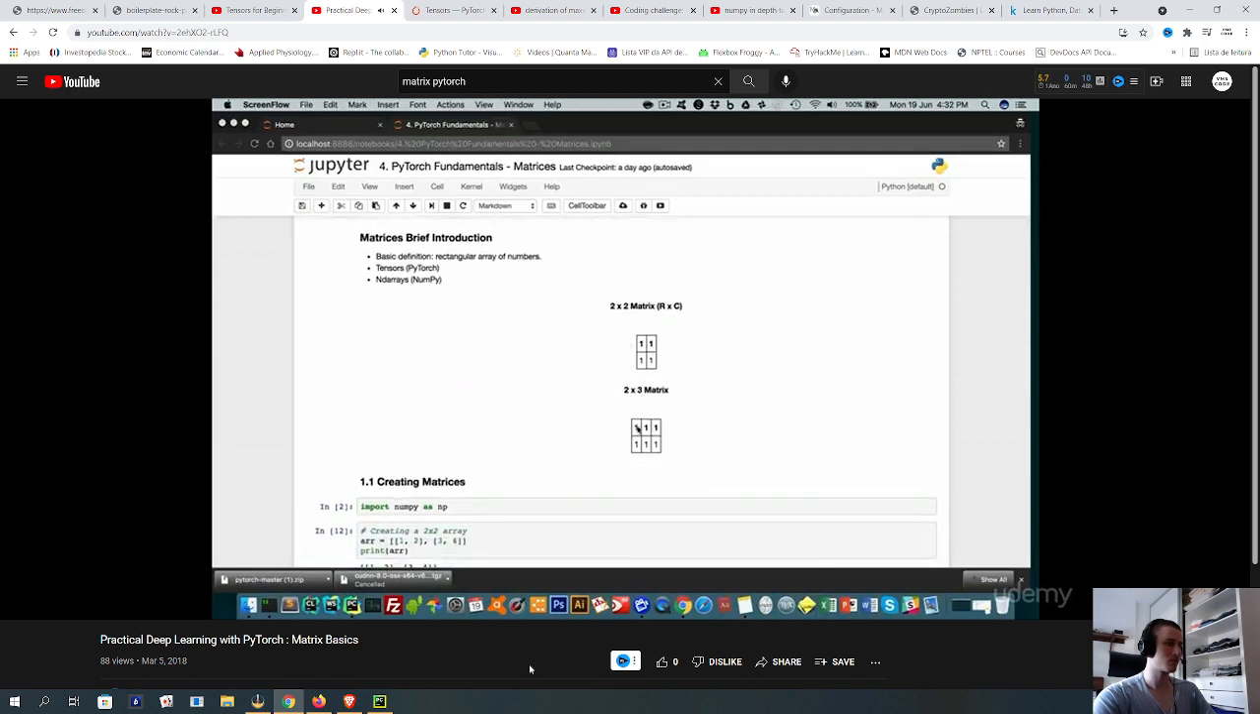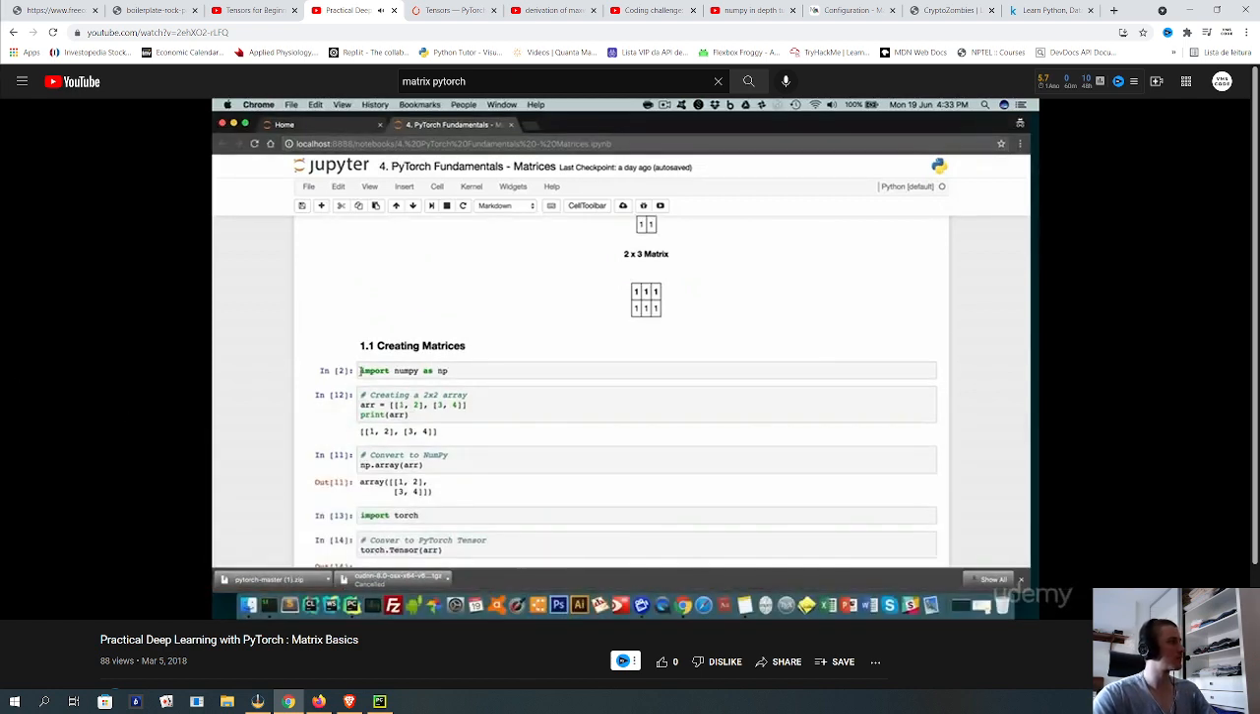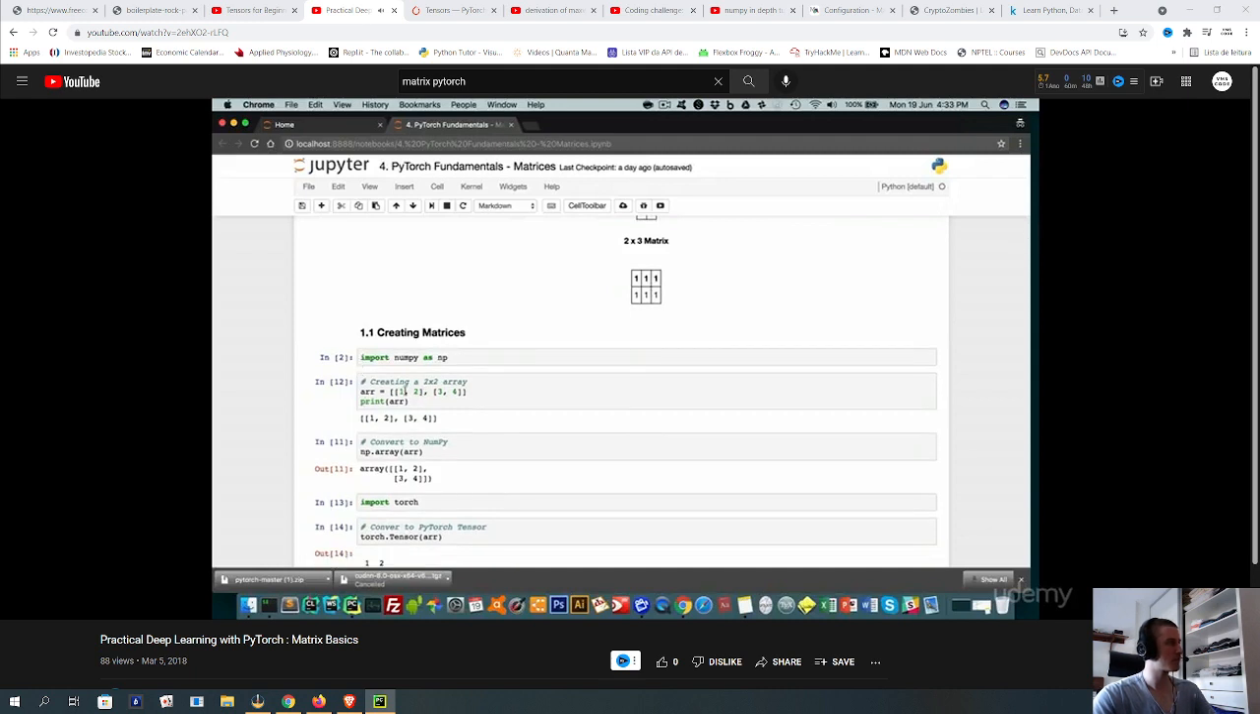Now, a 2 times 3 matrix would then be like that, because you have 2 rows and 3 columns. Normally, if you're familiar with Python, when you want to create a matrix, you need to pass the matrix argument with a list. So we import NumPy first. And to create a 2 times 2 array, which we want 1, 2, 3, 4, we just need to use